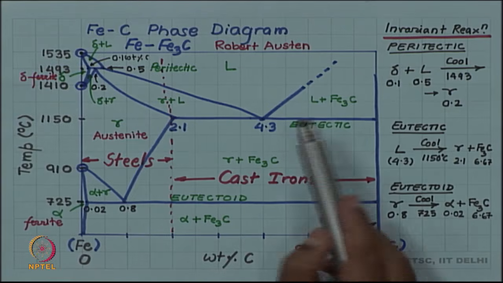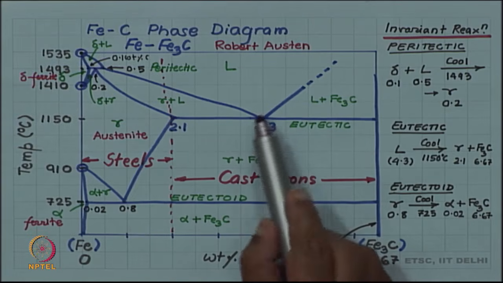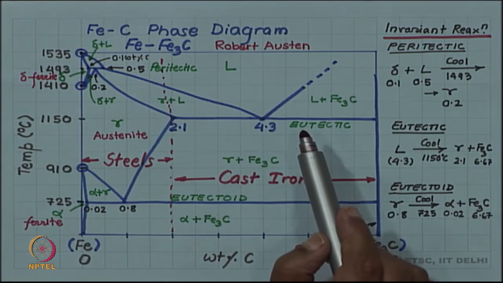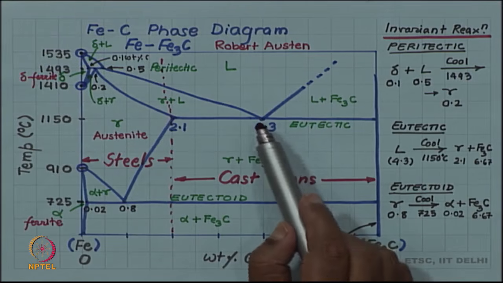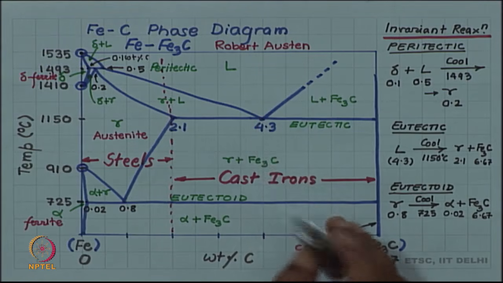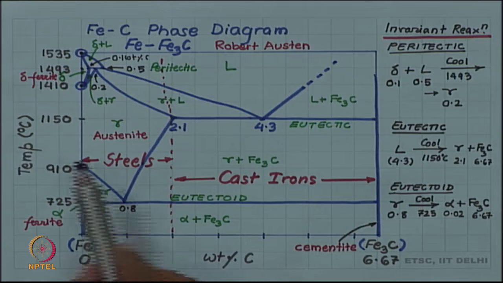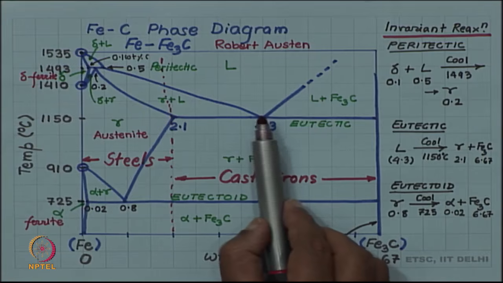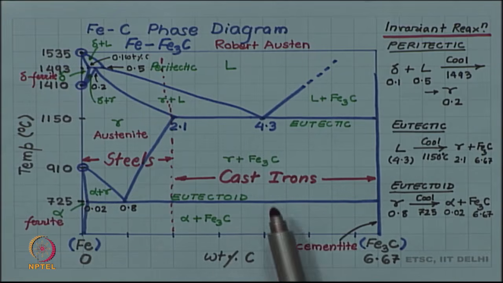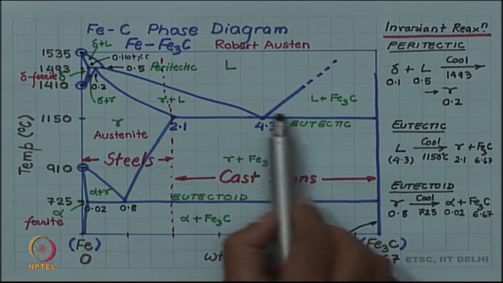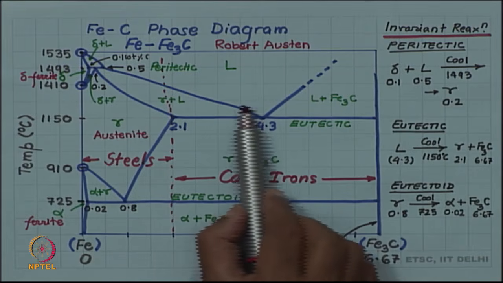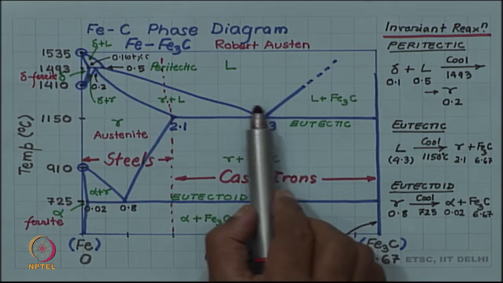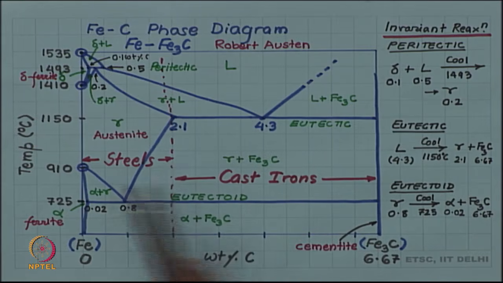You can see that 4.3% carbon is the lowest melting point in the whole alloy system. So, if you have 4.3% carbon, that iron carbon alloy will melt at a very low temperature of 1150 degrees Celsius, and low melting is beneficial for casting. So, the casting alloys have higher carbon, so that they melt at a lower temperature, whereas steels during